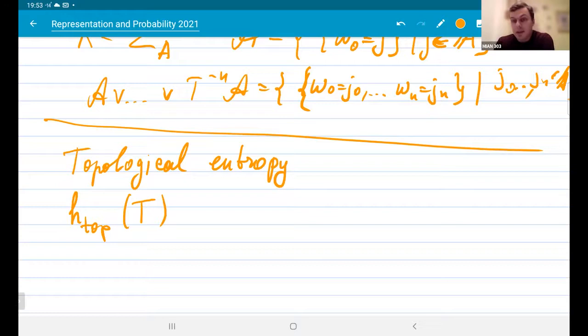It should again somehow go along the same lines. We should somehow measure how rich the dynamics is. Before, we had this partition, and then for this partition, you just take the set